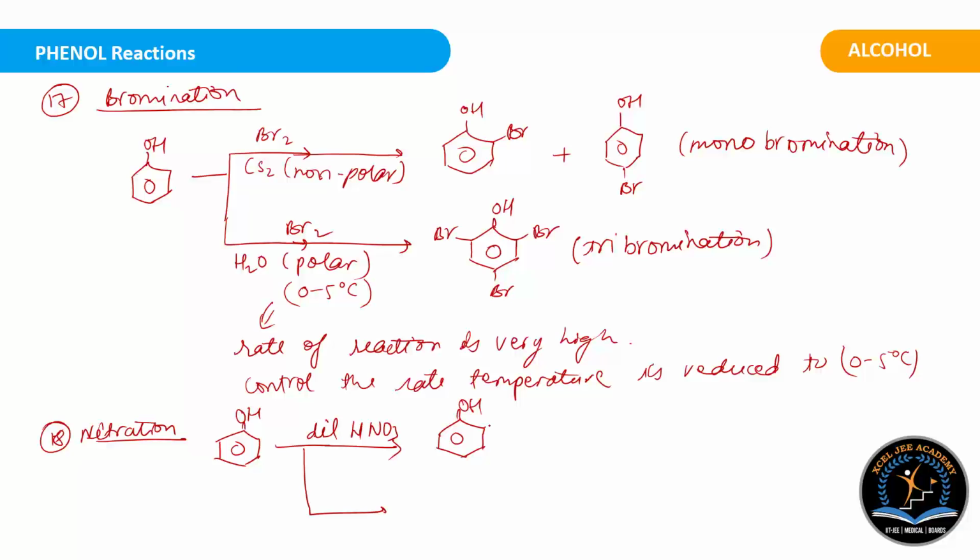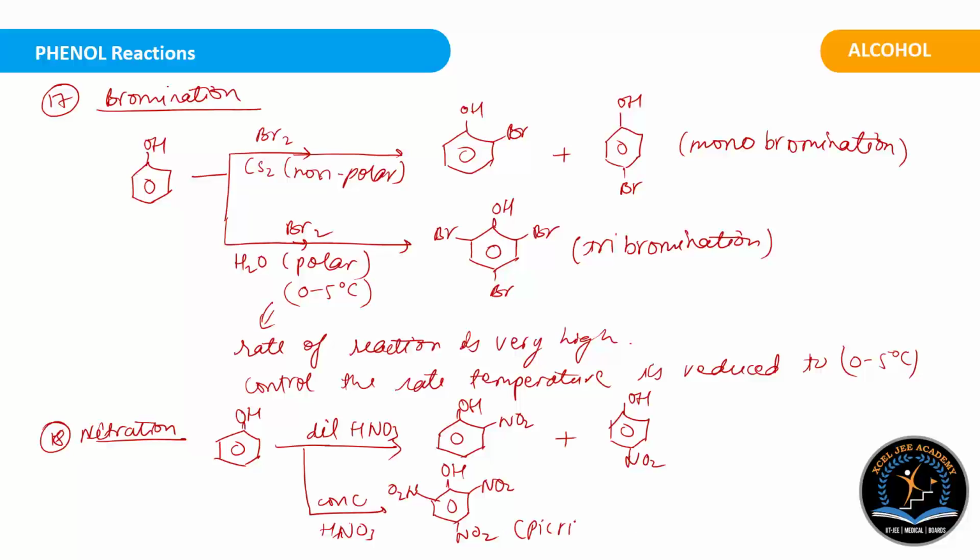Either ortho or the para in presence of this dilute one. But if it is concentrated HNO3, again the nitration will be done but at ortho and para positions simultaneously, that is trinitration, that is OH, NO2, then NO2 and then NO2,